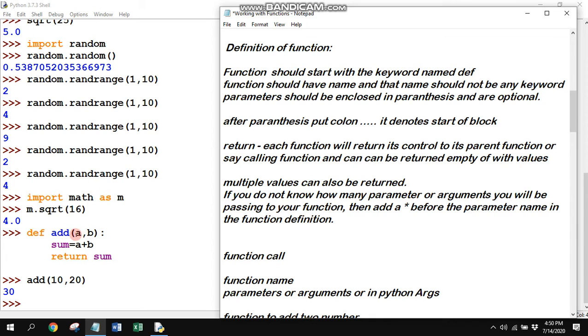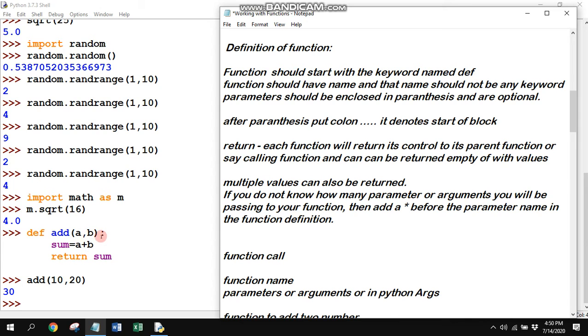We can write nothing in that. Empty can also be given, and we can write one parameter, two parameters, three, four, depending on us. But what you have to remember is, when you call this function, the number of parameters or arguments should be the same.